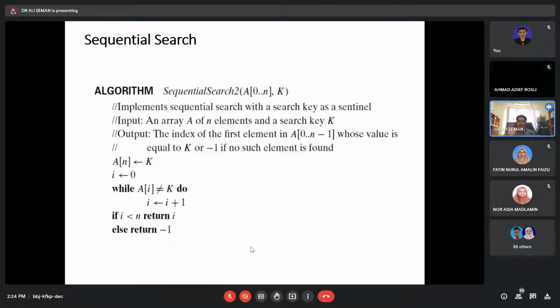Okay, and forget about the ringing phone first. I'll give you the algorithm, the real problem here, called sequential search, and finally we map back to the scenario or the analogy we discussed just now. Okay, so based on this sequential search here,